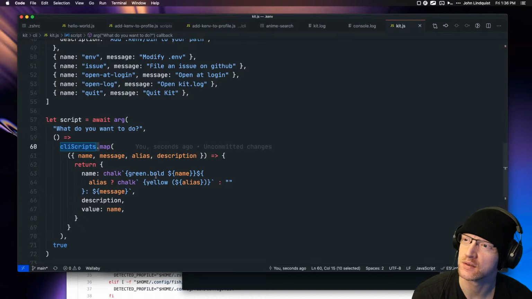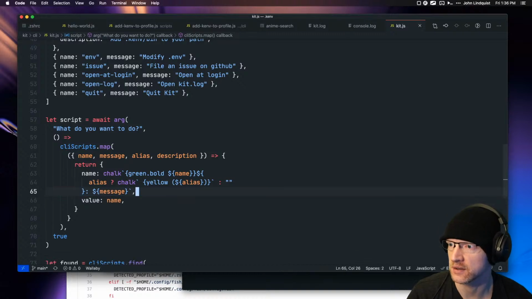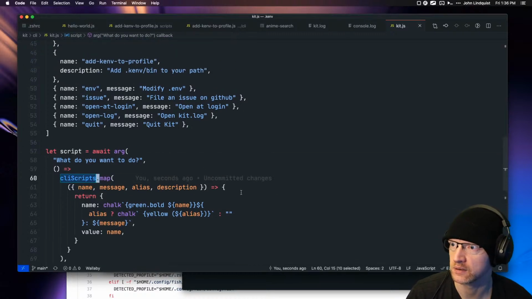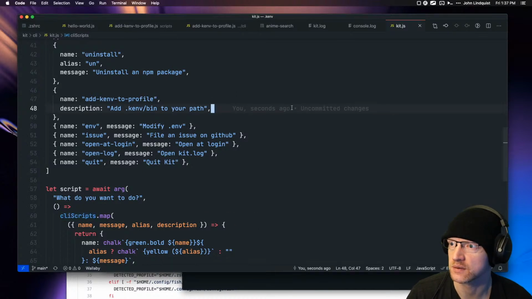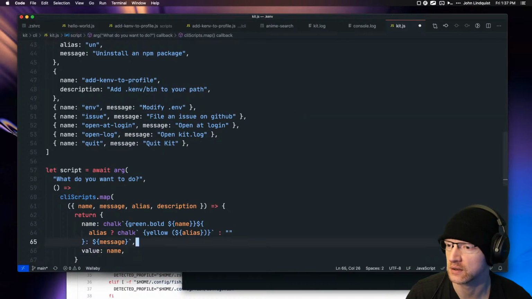Oh, this is actually, I forgot that this CLI scripts is reading from the metadata in the scripts. So I don't need to do that. I can actually